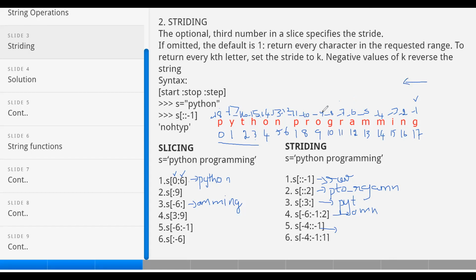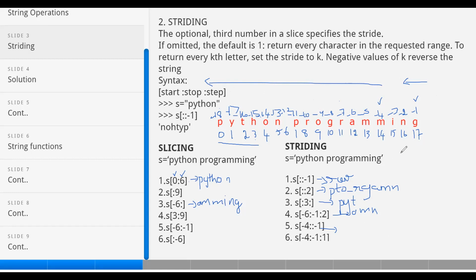So this is -4, and -4 till the end. Okay. So M A R G O R P space N O H T Y P. So if the stepping is negative, then it will move from right to left.